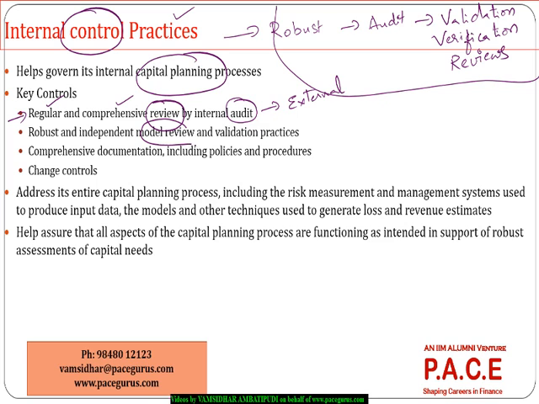Similarly, what are all getting reviewed? Is every model that we have developed being reviewed? And if it is reviewed, what are the checklists and the guidelines for the review? Who is performing the review? Internal, external, independent? And what are the various kinds of validation practices that are there?